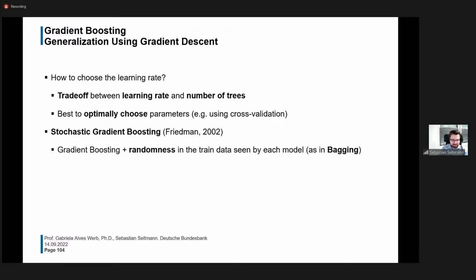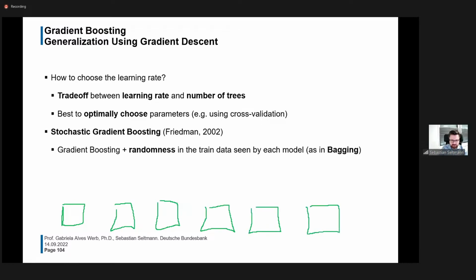Since every additional model in the chain is slightly improving on the performance of the previous one, we can reach the theoretical optimum more quickly by having a higher learning rate, because if we are fully exploiting the new model